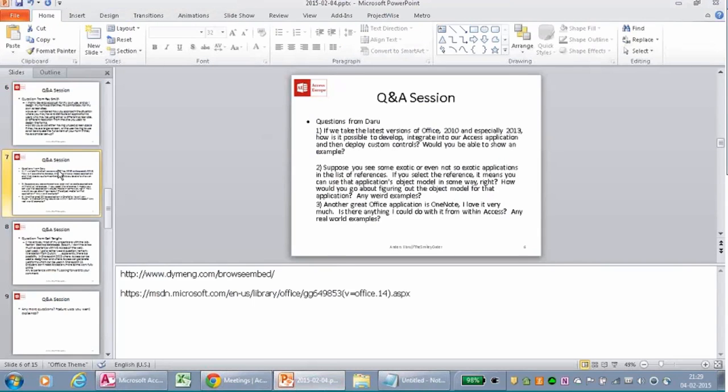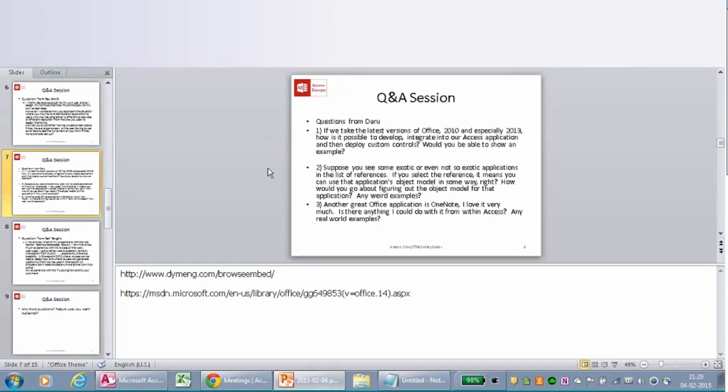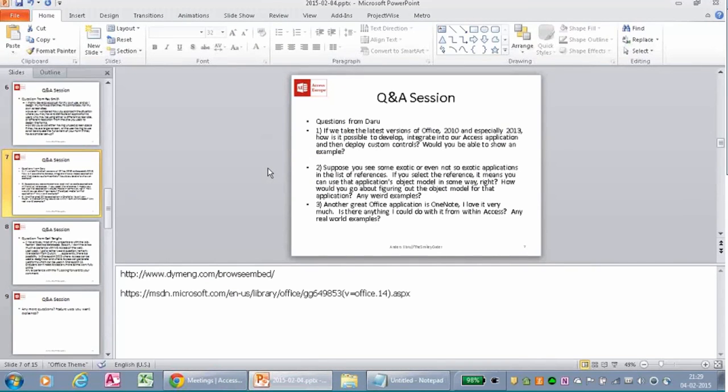So, next question I got was from a guy called Daru. He's sadly not here, but he asked if we take the latest version of Office, 2010s, 2013, how is it possible to develop and integrate into your Access application custom controls? And if I was able to show an example. Well, what I can show is